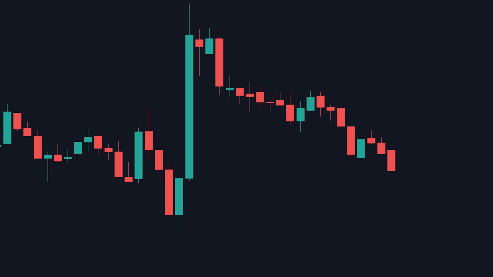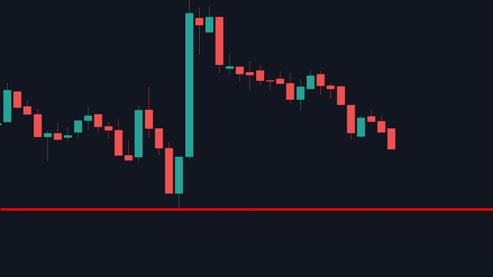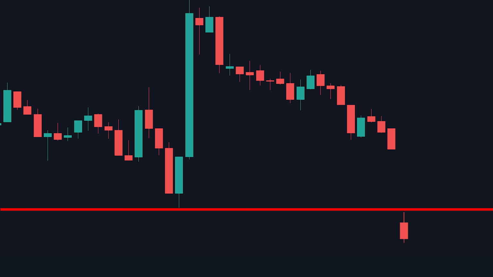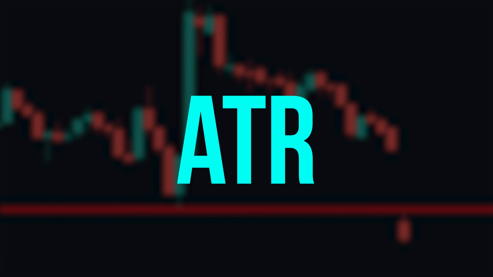So let's say we know there's a great probability that the price will fall a lot if it goes below this line. But we also know that we have to take volatility into consideration. So we will say the price can go below this line the amount of an average candle from the past 14 candles. But we don't want to just guess the average size, because if we go any more than the actual size, that's just wasting extra money. We want our stop loss to be as precise as possible. This is where ATR comes into play.